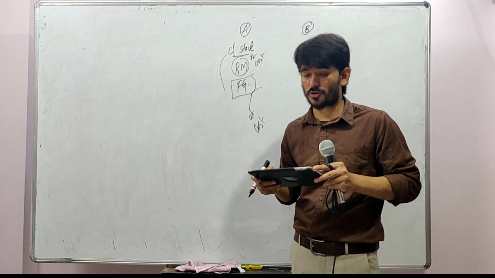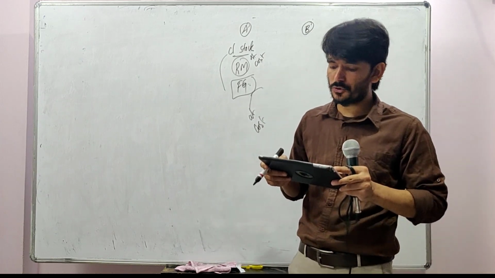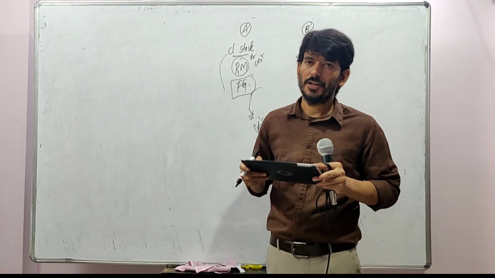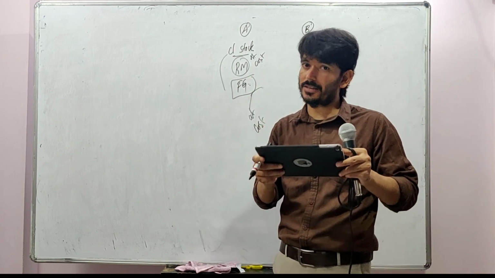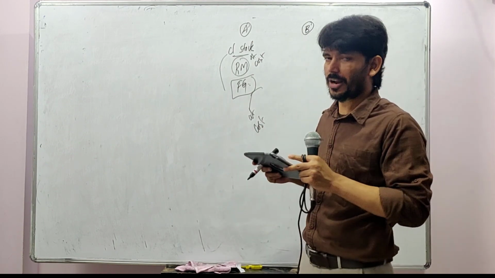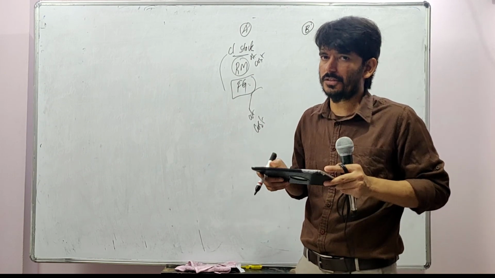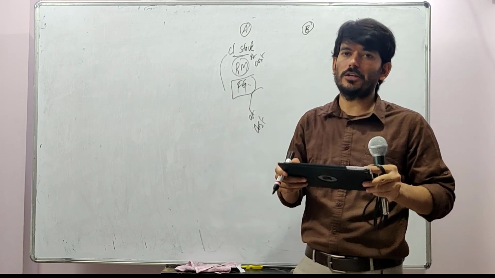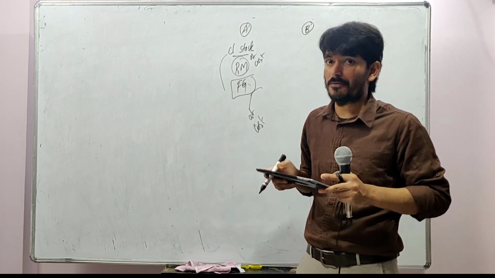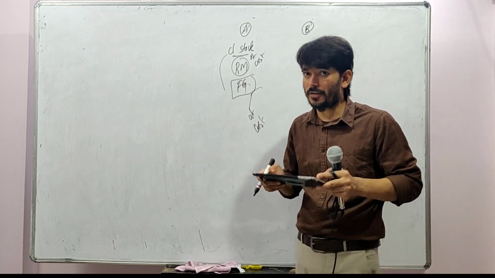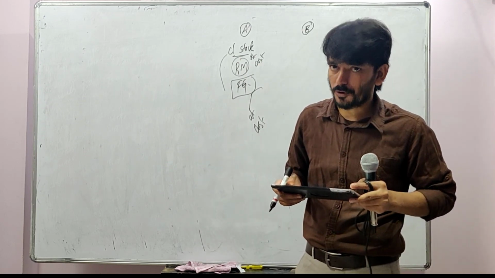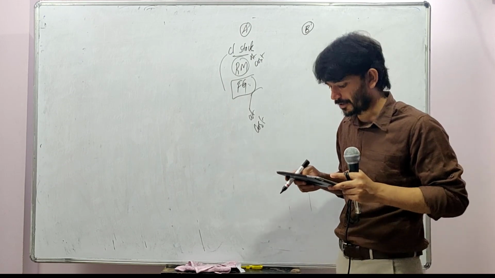Purchased goods are given at cost and finished goods at departmental market price. If I am purchasing a raw material, I give it to you at the same rate. If I'm purchasing for 100, I'll give it to you at 100 only. So it's 100 for me, 100 for you also. So there is no problem. But if I'm manufacturing something on my own and I'm giving it to you, I will be adding some profit to it. Okay, so that I'll tell you with the numbers.